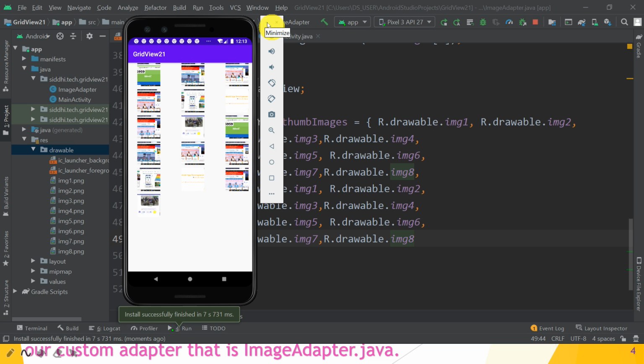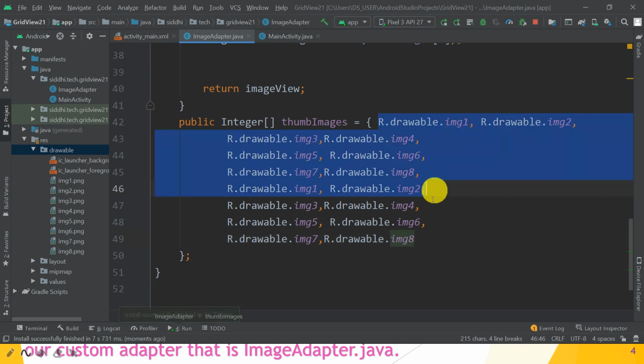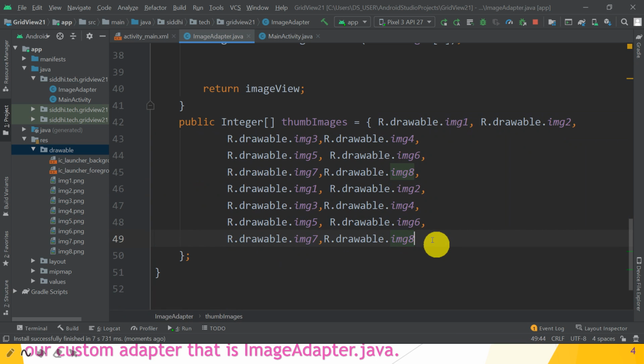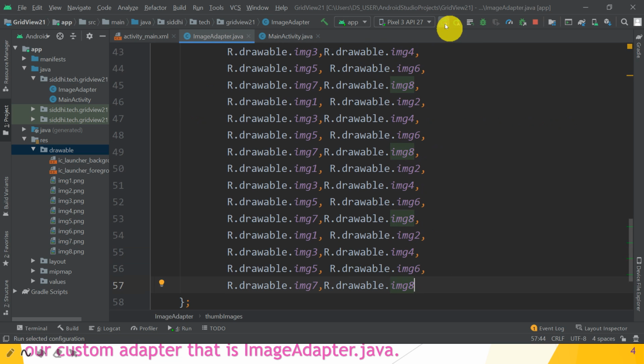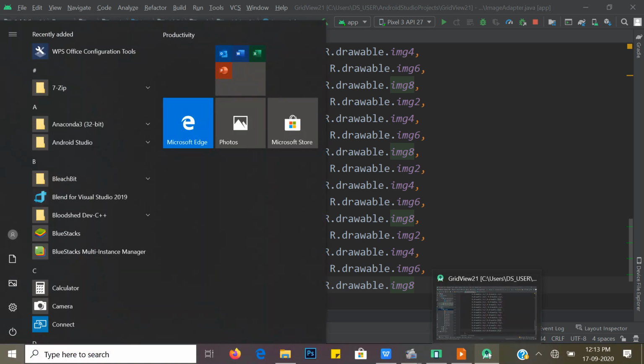So if you again copy and paste these images and run it again, what happens, guys? The grid view looks like a scrollable control. The images are scrollable. So let's wait for some time and check again whether it works properly or not.